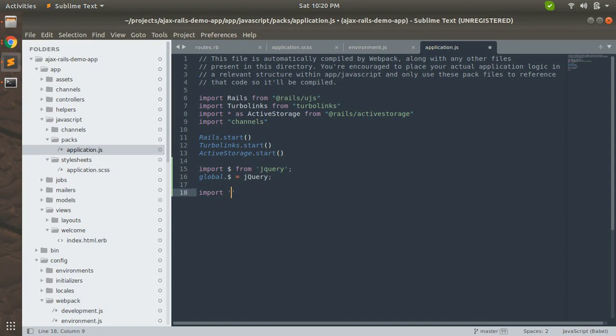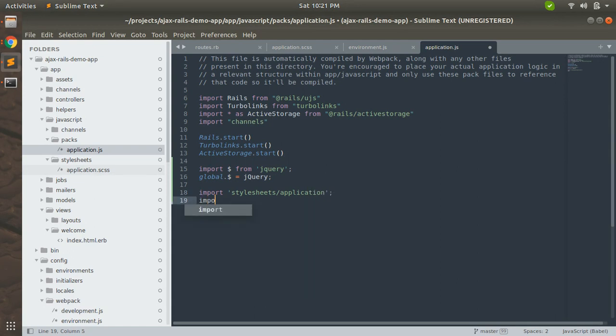Import your application.scss for including Bootstrap styles into your application. We will add the Bootstrap stylesheets here, from stylesheets/application.